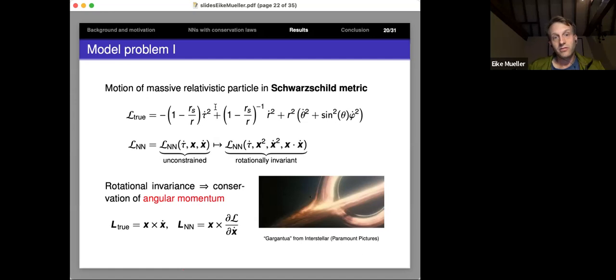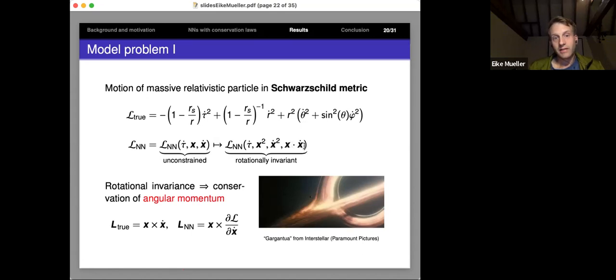And what I'm trying to do is represent this by a neural network Lagrangian. If I don't put any constraints on this, then I assume that it just depends on the position, the velocity, and the derivative of this time here. That's the benchmark that I compare this to. So I didn't try to build any symmetries into the system. And then I replaced this by a neural network which is invariant under these symmetries. That neural network has this symmetry enforcing layer. So essentially, this neural network only depends on these